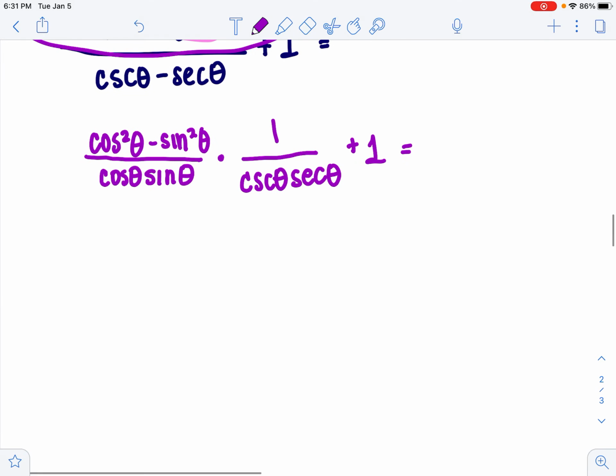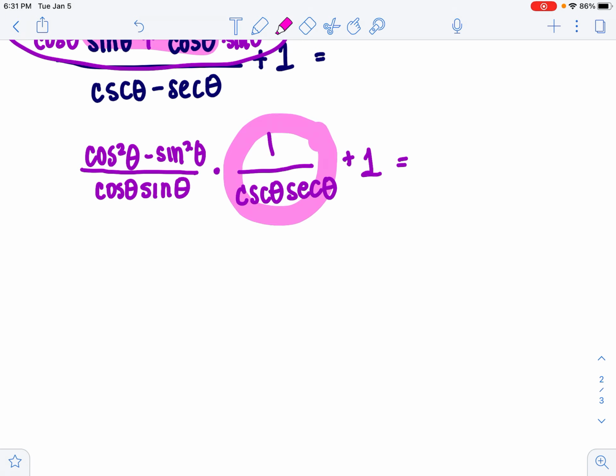Now, why did I do that? Because I'm saying to myself, wait a minute. 1 over cosecant and 1 over secant. 1 over cosecant is the same thing as sine. And 1 over secant is the same thing as cosine. So I can replace this. I can keep this cosine squared minus sine squared